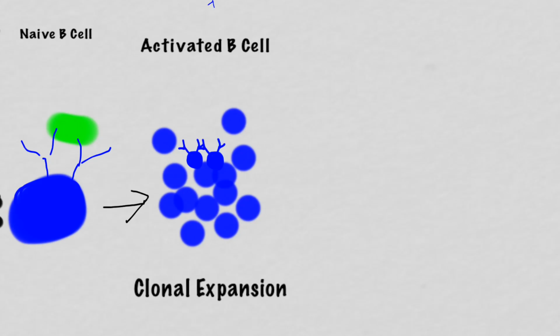At this point, our naive B cell has cross-linked antigen and has become activated. Activated T and B cells begin to massively proliferate in a process known as clonal expansion, which basically means that this clone of B cell with the exact same antigen receptor is going to expand many, many, many times over to make a lot of copies of itself that all have the exact same antigen